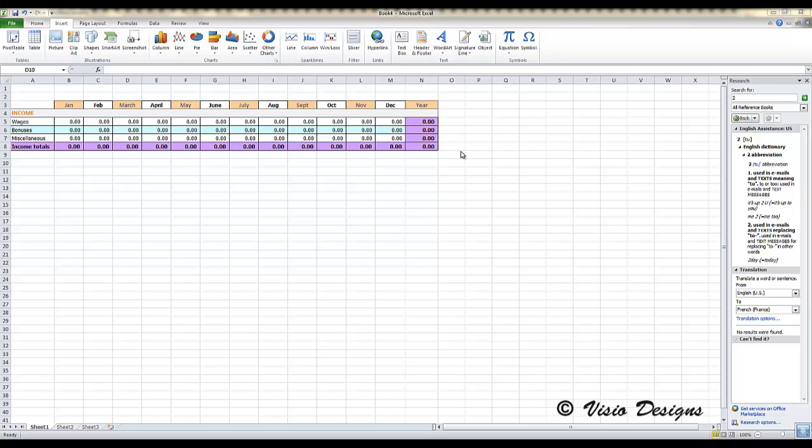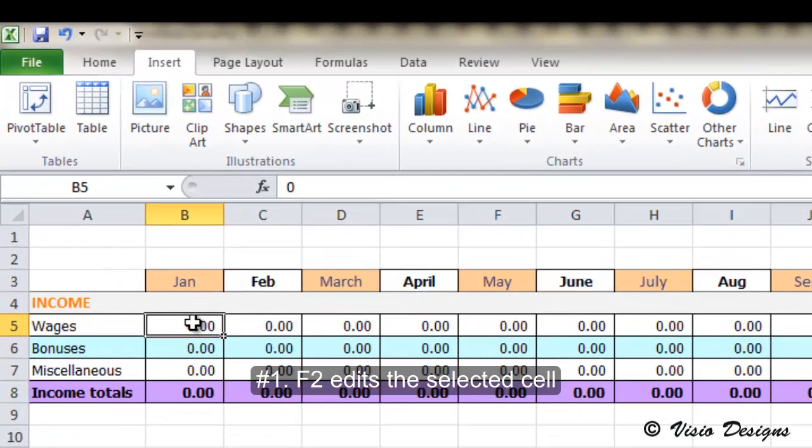I'm going to show you 13 keyboard shortcuts and mouse shortcuts that I use in Excel, and that hopefully will save you time and make you more efficient. We're going to start off with a simple one,